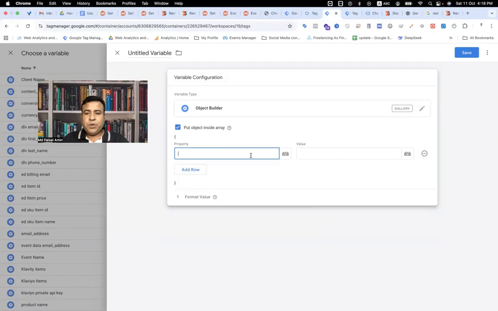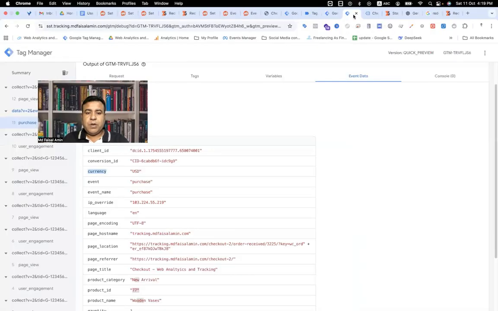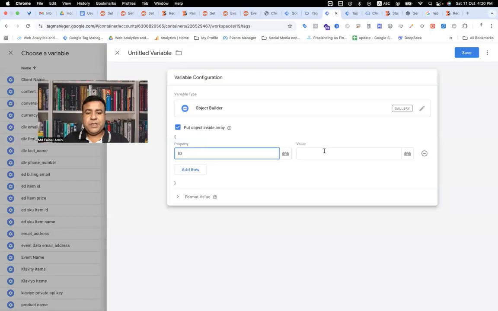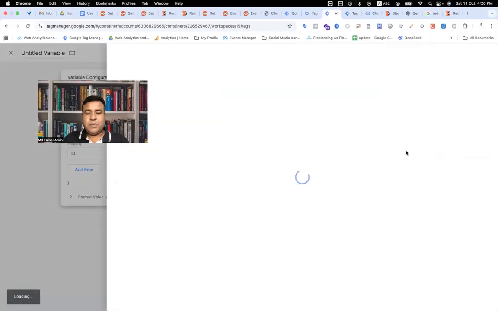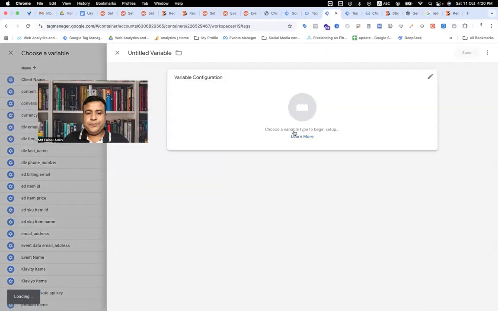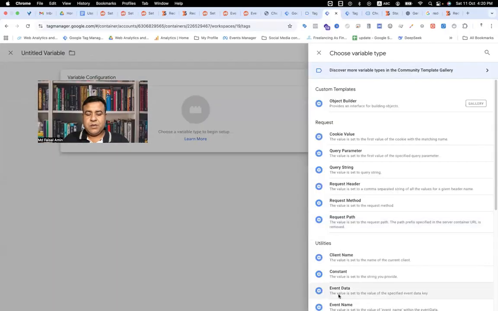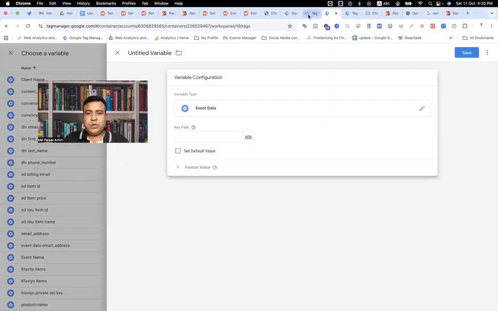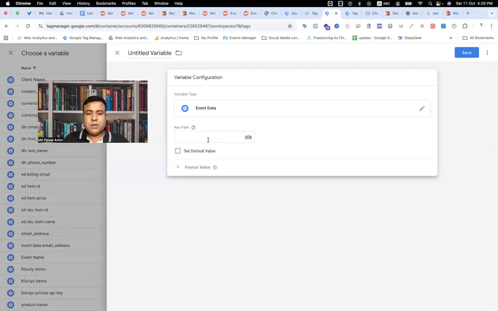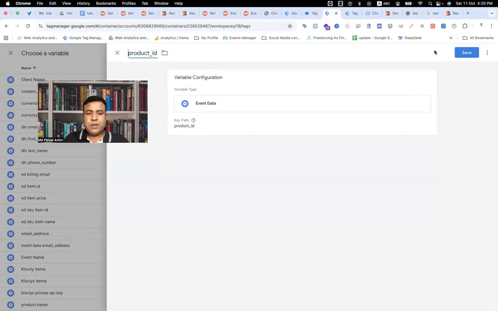For the product, here you can see the product event data. I will copy the ID from here and paste it, and for the value we have the plus sign, and also event data. That is the product ID, copy it and paste it, product ID, save